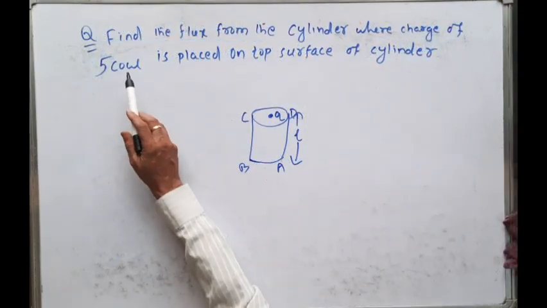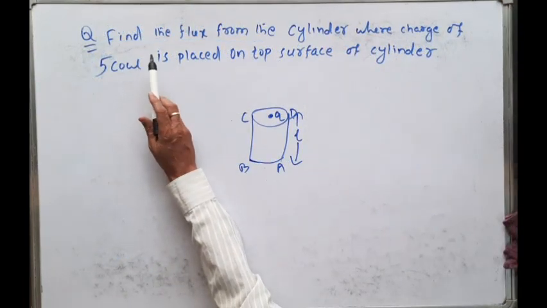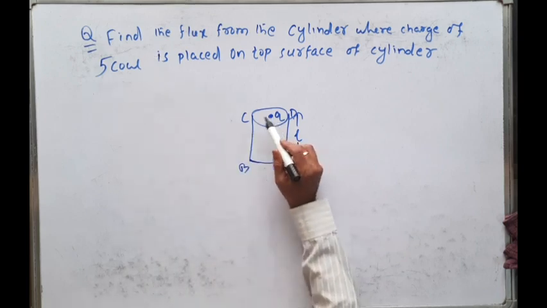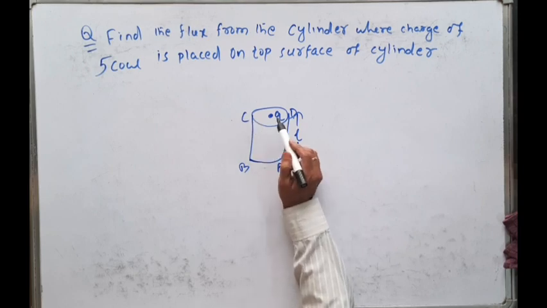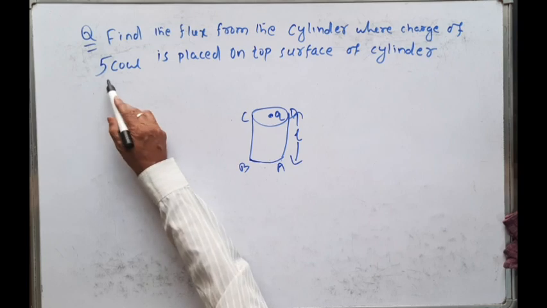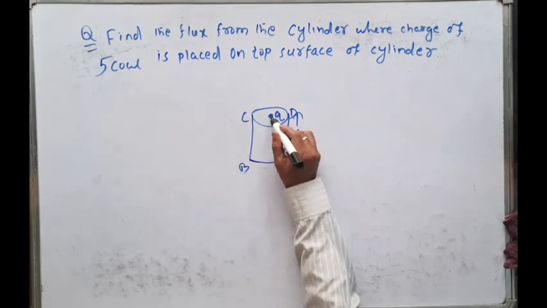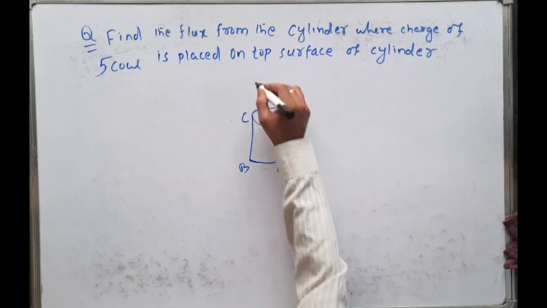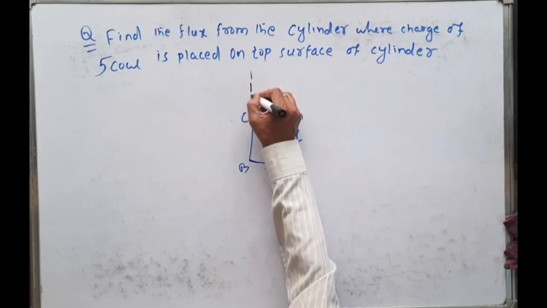Now let us discuss this problem. We will apply Gauss law to find the electric flux from this cylinder. What is the electric flux from the cylinder if a charge of 5 coulomb is placed on the top surface of the cylinder? Now see, this charge is lying on the top surface of the cylinder. But to apply Gauss law, we have to take a closed surface. So what we'll do is take an imaginary cylinder,